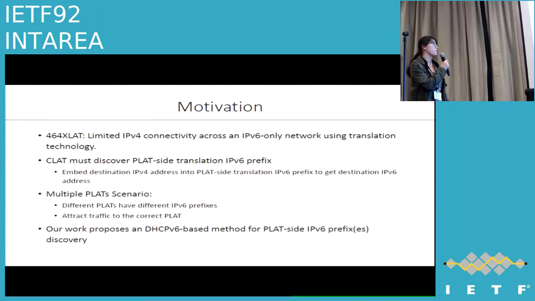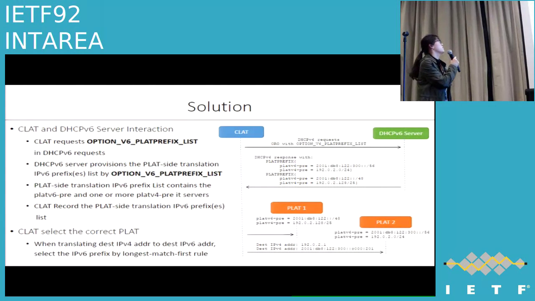And the solution is shown as a figure. First is the CLAT and DHCPv6 server interaction. The CLAT requests the PLAT prefix list option in the DHCPv6 request, and then the DHCPv6 server provisions the PLAT-side translation